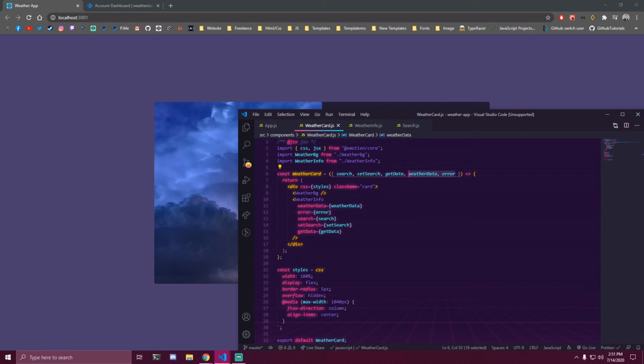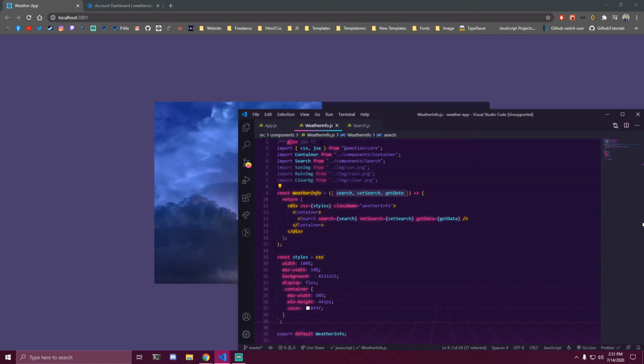Then I'm going to copy these two. So we're not going to be needing anything inside the weather card anymore. We can close that, and then inside our weather info we want to destructure those two we just copied, so we can have access to that there. And now we wanna